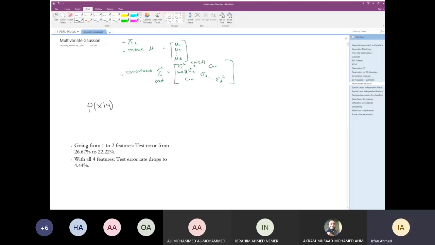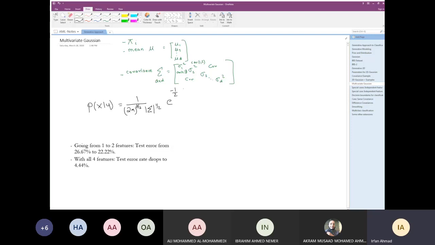So all these components of the feature X. So what you get now is 1 over 2 pi to the d by 2. D is the dimension, right? Dimension of the feature vector. D by 2, the determinant of the covariance matrix, square root of it,